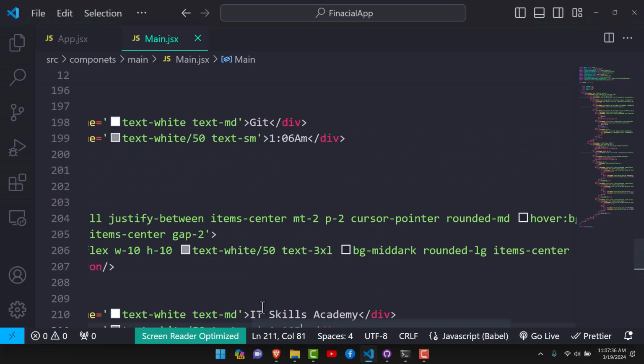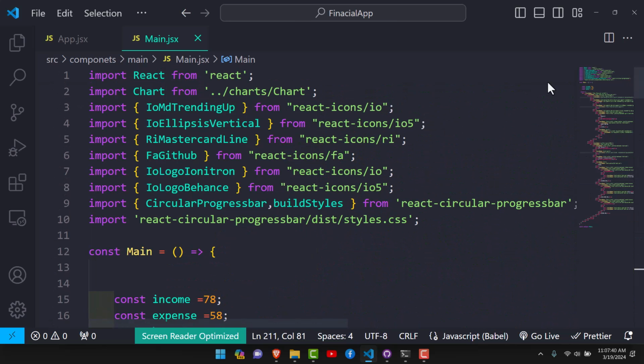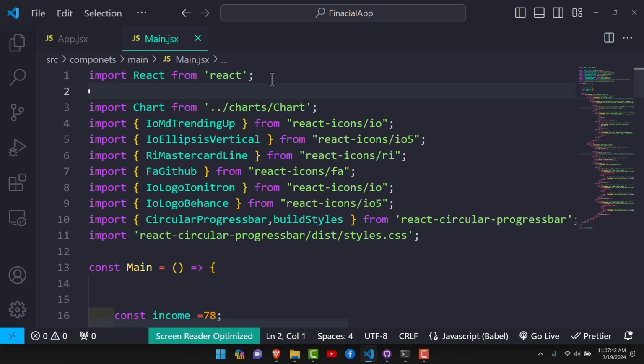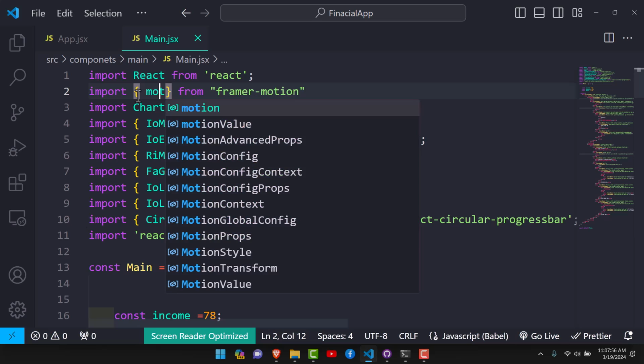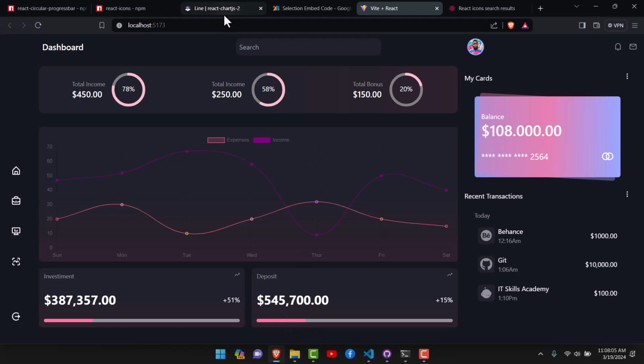So I'm going to come here, and I say import, and we'll be importing motion from framer motion. So what we are importing is motion. By just doing that, we can import that, but just so that we can have some understanding